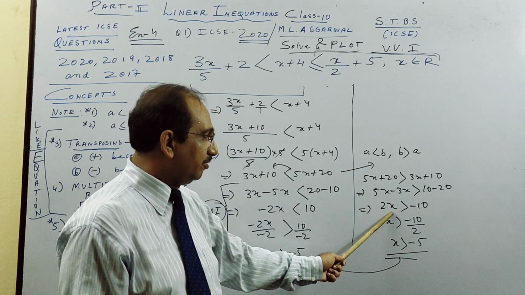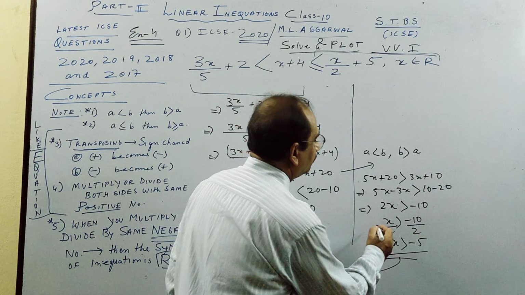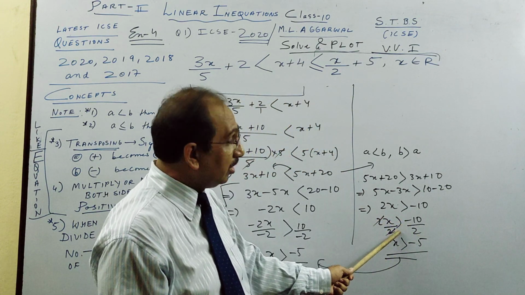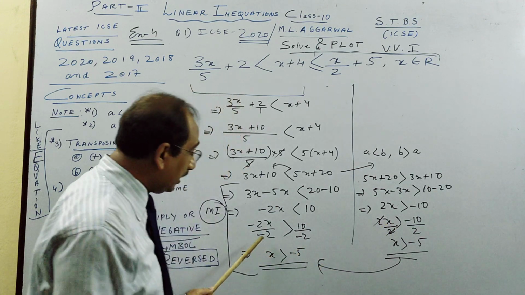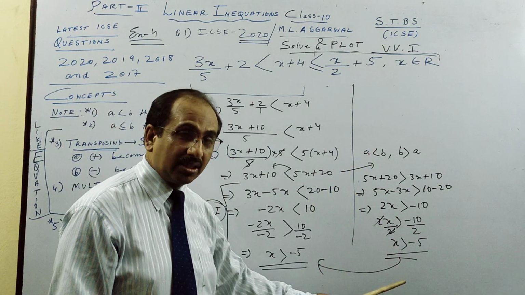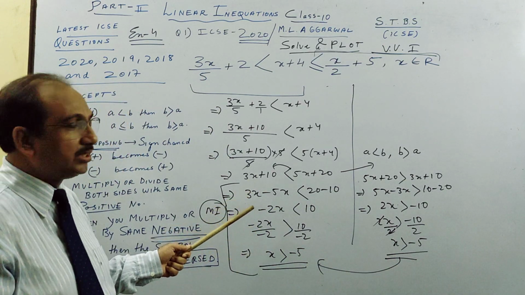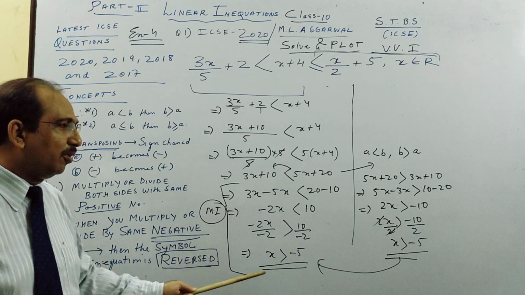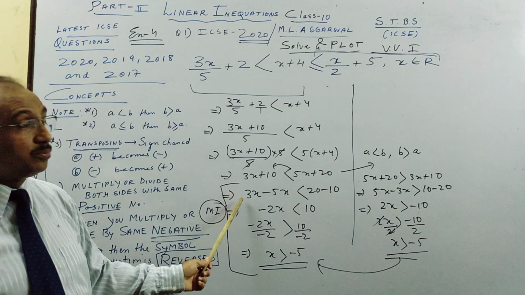Here you see, in the beginning only I reversed the sign. x is positive, so we can divide here both sides by 2. Both sides I divide by 2, but the sign is not reversed because x is positive. Here I am dividing by minus 2, here I am dividing by 2. So if you like this method, there is no negative. And if you want to do it like this, which most teachers you will see, they change the sign. Any way you can do it, if you practice, I think this is easier than this. But this is more commonly used.